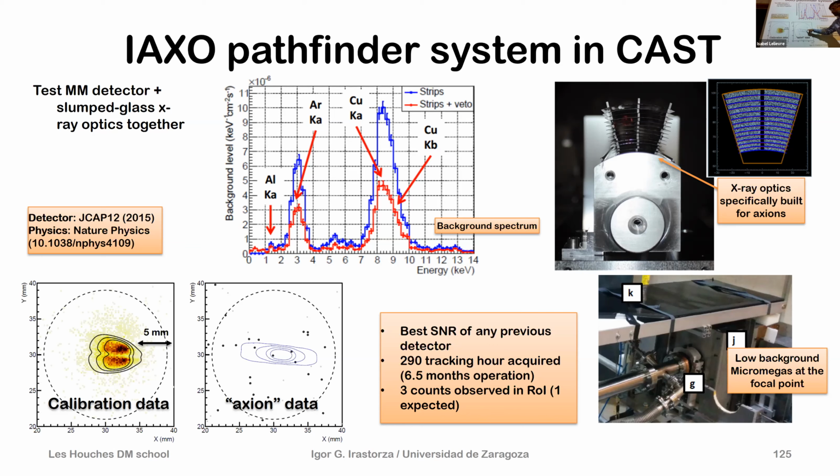This is the line that one expects for the signal in case we have photons coming from the sun, axions coming from the sun that are then converted into photons. And this is actual axion data. So this is the data taken in all the runs with the magnet pointing to the sun, and you can see, I think, there is 6 months of data. We have only a few counts, so extremely low background. Only 3 counts really inside the high likelihood region. And this is basically the data that was used to produce the